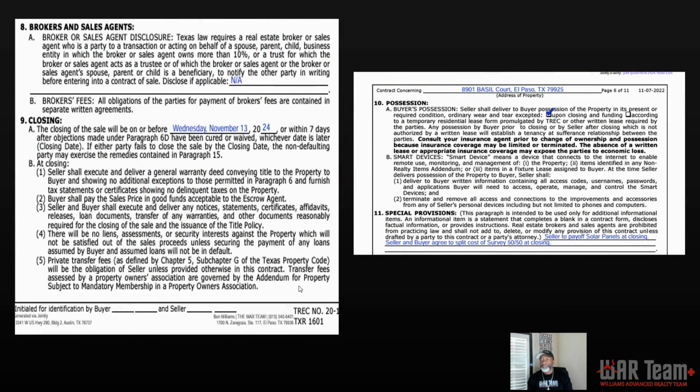Paragraph 8, A. Simply put, if you're a party to the contract and you're a licensed real estate agent, then you have to disclose to the other party. That's what it basically says. It doesn't matter how it's twisted or whatever. You have to disclose if you're a licensed agent in the state of Texas to the other party. It also says that if you're related to a party, you must disclose that you're related to them.